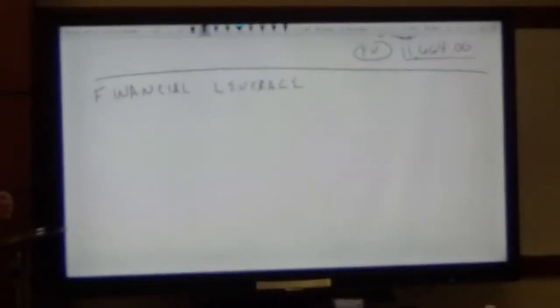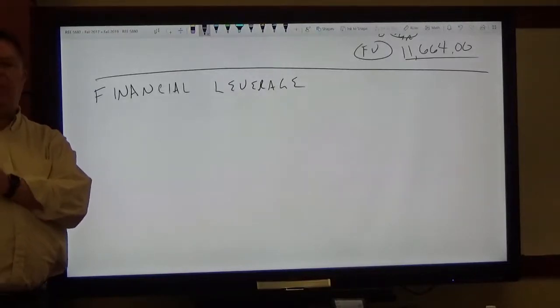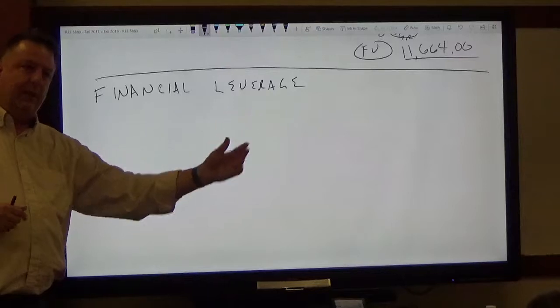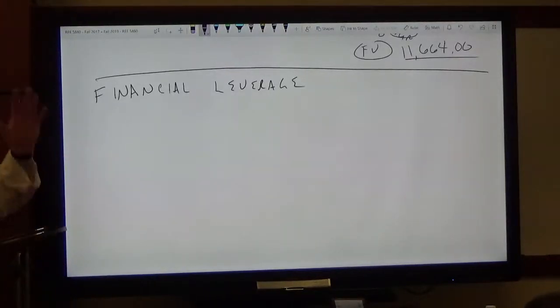Now, you can have what is referred to as positive financial leverage, which means it's a good thing and it helps you tremendously. But on the flip side, if the project doesn't do so well, you can end up with negative financial leverage, meaning you lose a lot. Okay? Now, probably one of the simplest examples to start off with, well, first of all, to help understand,